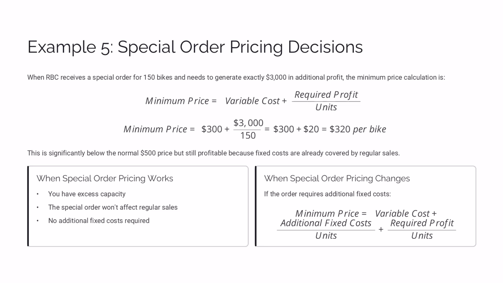When Amazon Web Services prices their cloud computing services, they offer massive discounts for reserve capacity and spot instances, sometimes at 90% off regular prices because they know their servers are running anyway, fixed cost, and any contribution margin above the minimal variable cost of electricity and bandwidth is profitable.